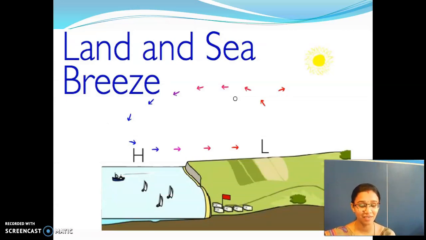Before entering into that, have you gone to seashores? Beach areas? Yes. How is the wind there compared to the land area? The people along the coastal areas always get fresh, cool air. Why do people along the coastal areas get that cool air? Do you have any ideas? So what do you want to say? Because they have water near them. Yes, okay, that is also one of the reasons.